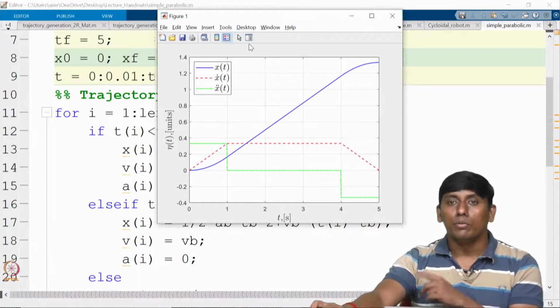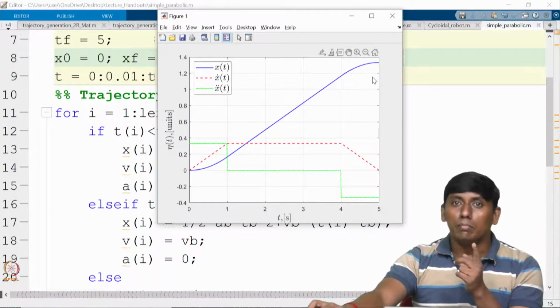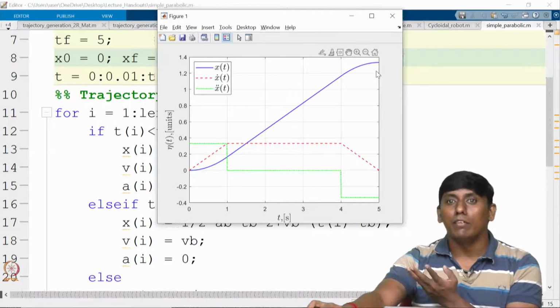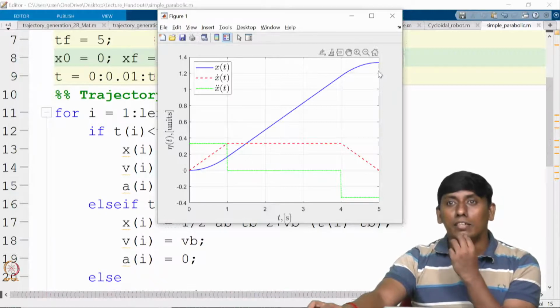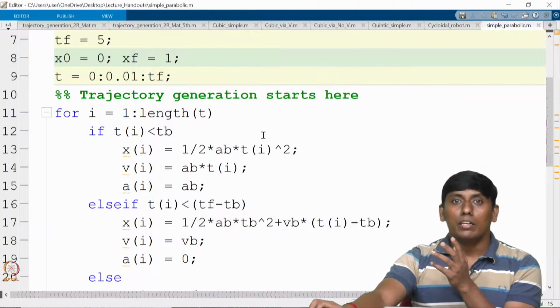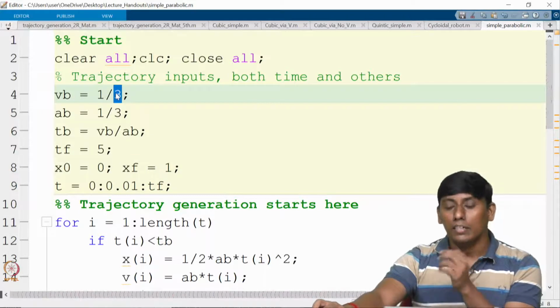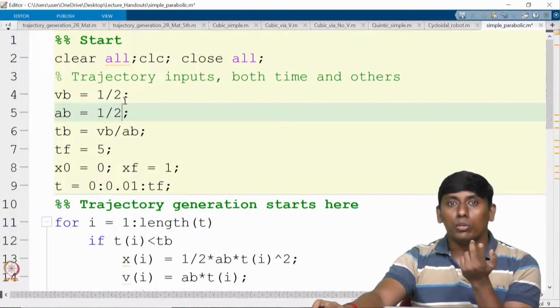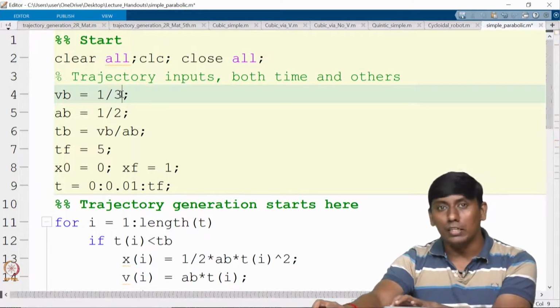So what is the proportion it is making? It is 1.3 or something; accordingly you have to make a proportion. Earlier we saw 1/2 each, in the sense 0.5 and 0.5, which added gives 1. Now it is 0.67 plus 0.67, so that way it is added. Earlier we took 1/2 and 1/2, where the total addition is 1, but now here it is 1/3 and 1/3.